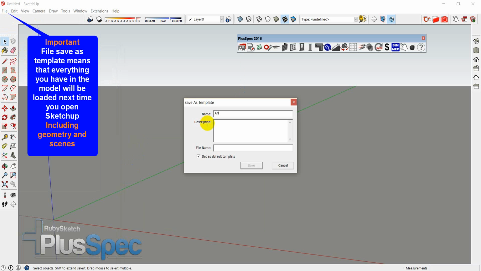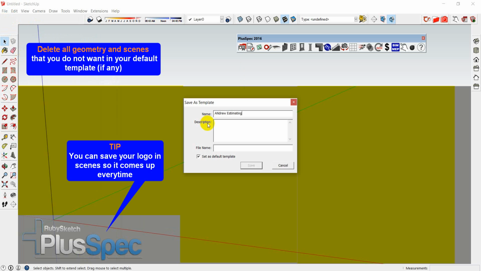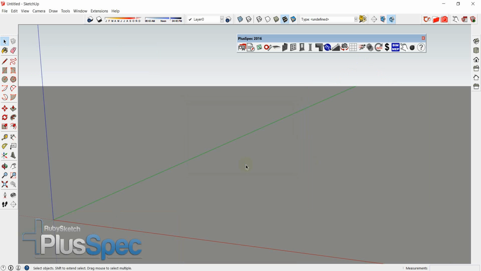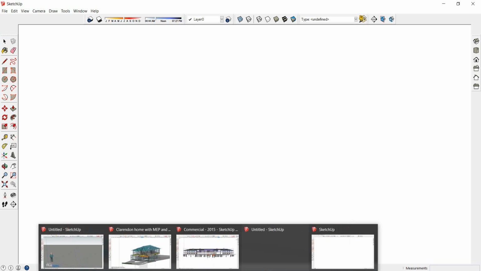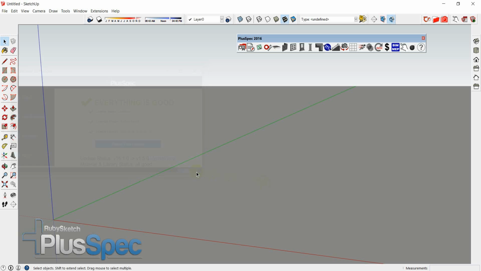Okay, Andrew Estimating, or whatever it is, BOQ or feasibility, whatever, it doesn't matter. Put in a description if you please. Take the time to fill that because you only have to do this once. All right, now every time I open SketchUp, I'll open a new model now. Okay. Now every time I open SketchUp, when I click this button, at the moment there's nothing in the model,